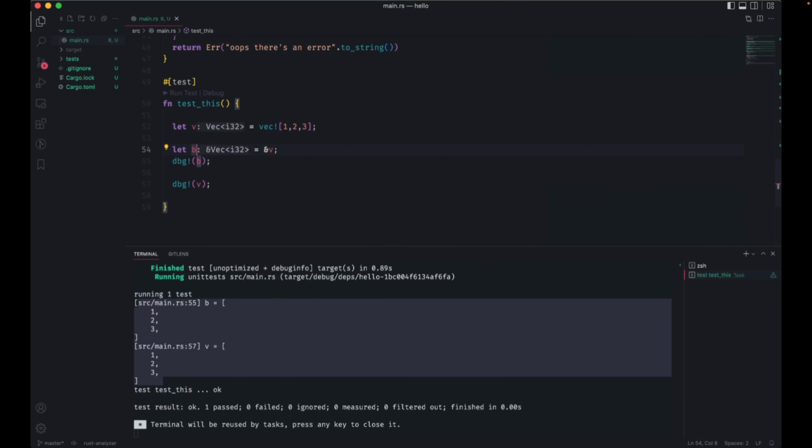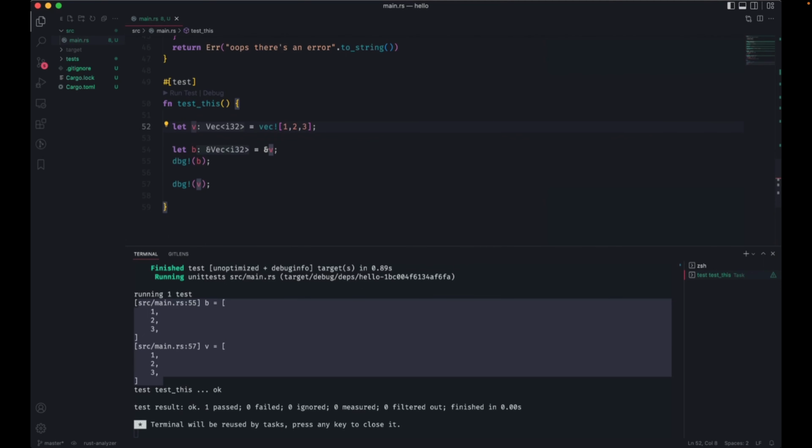But now I've instantiated this, I've assigned this new thing, I've created this new thing in our memory, B. So this B goes on the stack, the small part of the memory that isn't dynamically sized. And this B is just a pointer to what already exists on the heap, which is the actual vector.